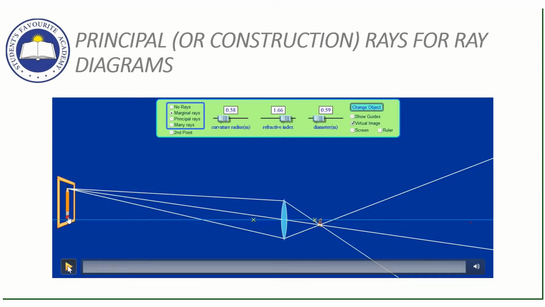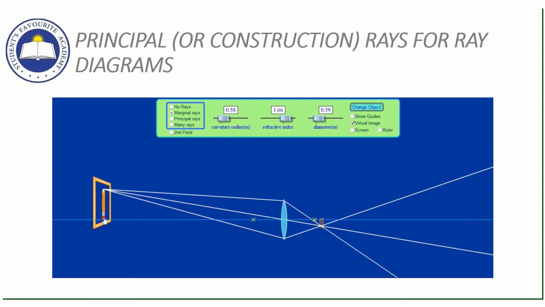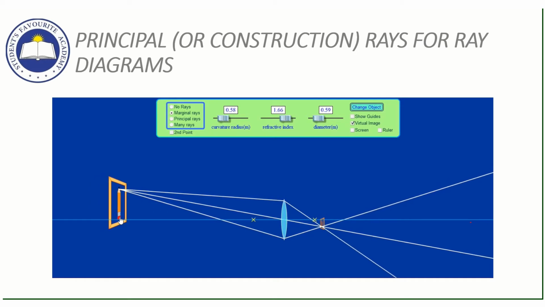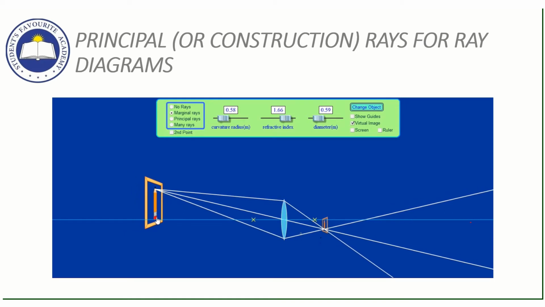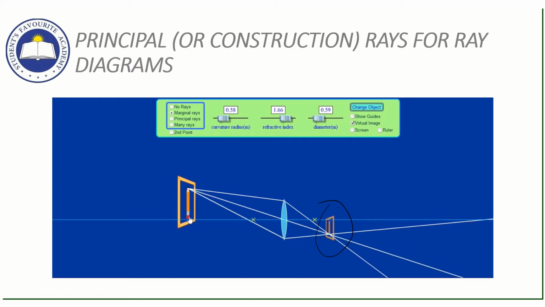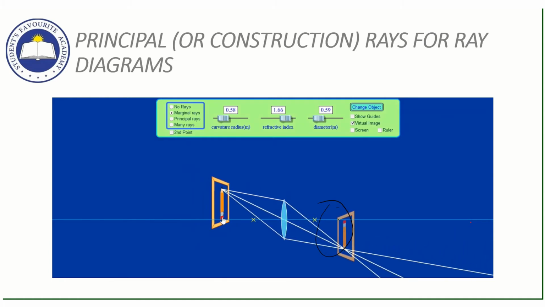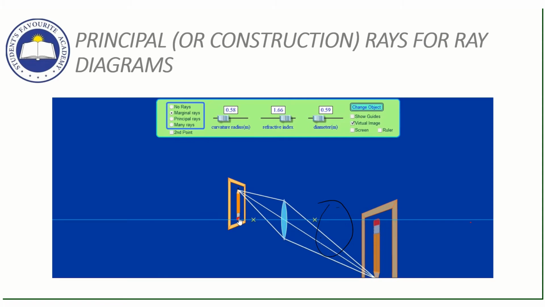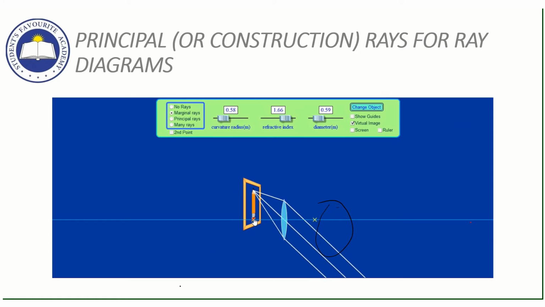Now here see how the size and the position of the image changes with the position of the object. See how the size is increasing as it is coming closer. And it is inverted also. See, this is the red tip here, so it is an inverted image, and as the object is brought nearer to the lens, the image is becoming bigger and bigger and moving away from the lens.